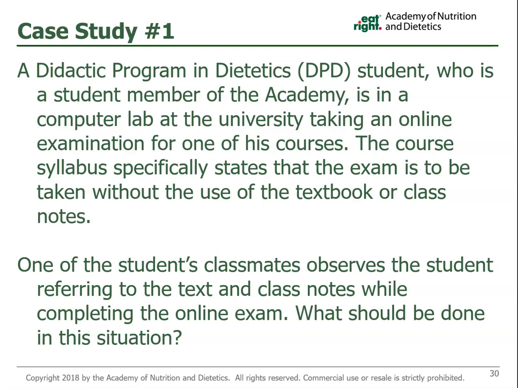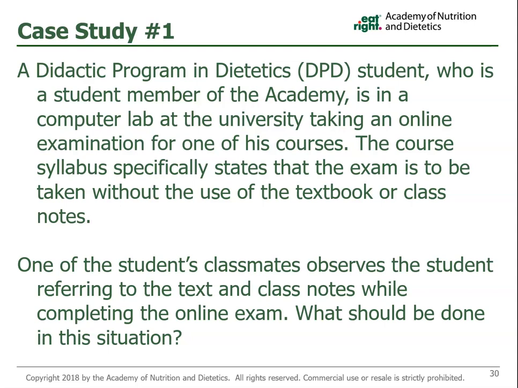The key points to consider are that the student is a member of the Academy and therefore must adhere to the Code of Ethics as a student member. The student needs to recognize that he is being dishonest and is cheating. The student may not view his behavior as violating ethical principles in the Code of Ethics. And the situation points out the important role of faculty, who need to review acceptable ethical behaviors in all classes and discuss consequences of professional misconduct, both during academic preparation and after graduation.